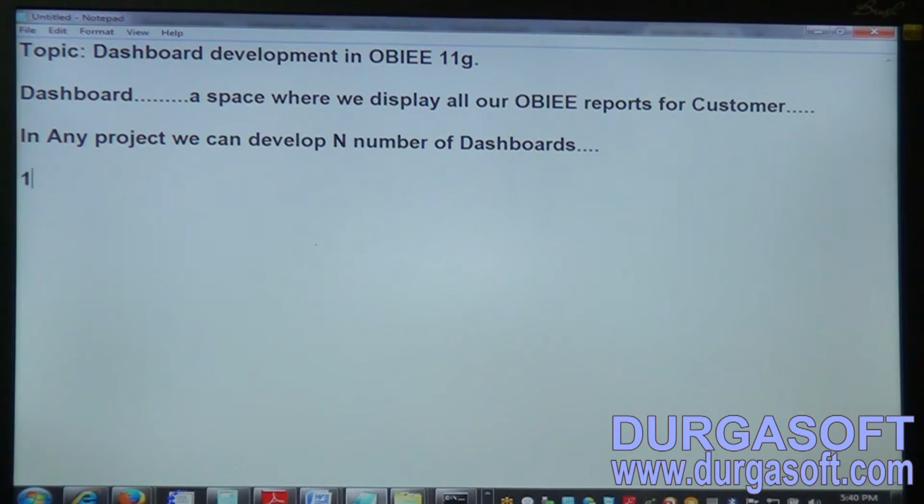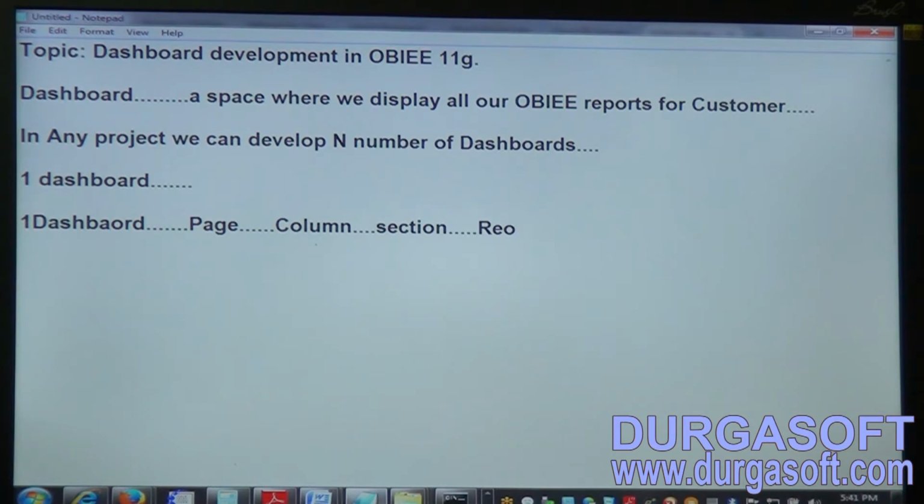If you want to develop one dashboard, what we need to have is one dashboard that should have a page, at least one page. On that page we need to have a column, and on this column we need to have a section. Under that section we can place a report.